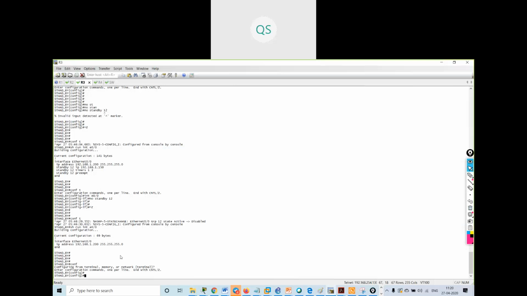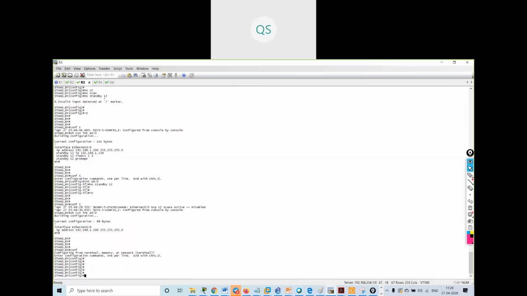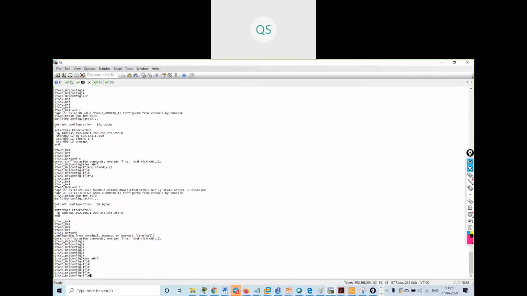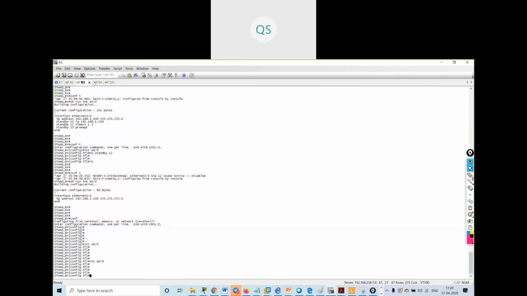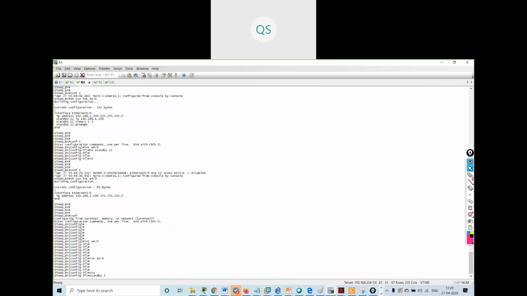Okay. So now we are on R3. We will go inside the interface and do the same configuration over here. First, interface Ethernet 0/0, standby 3 IP 192.168.1.160.